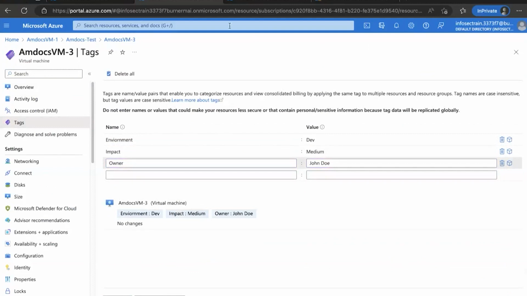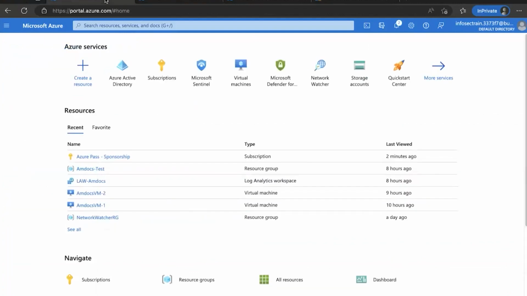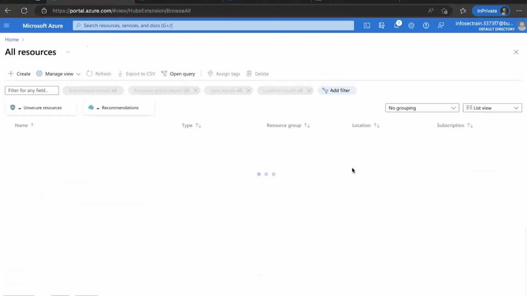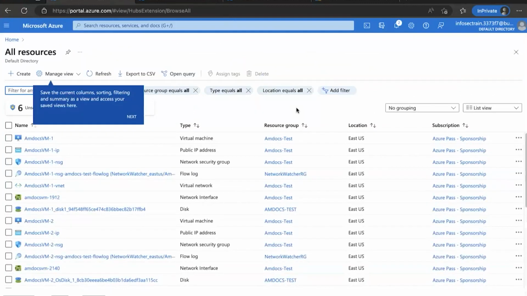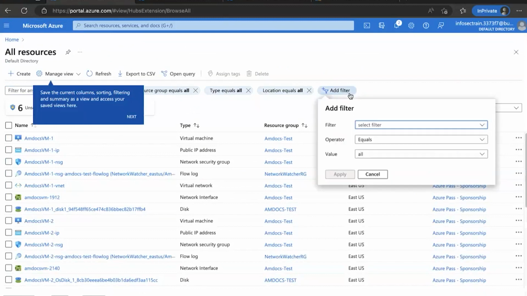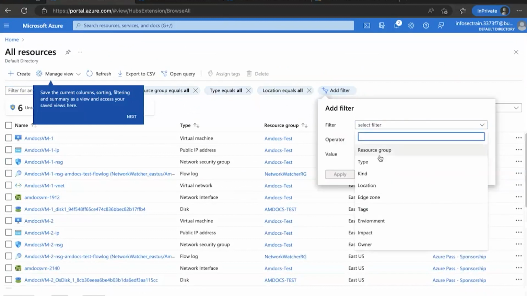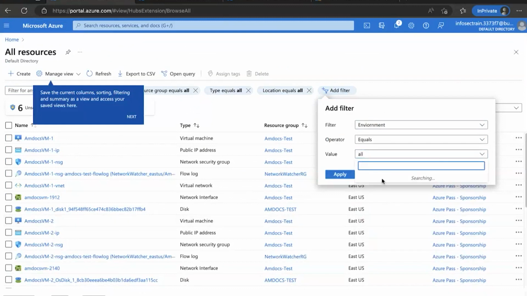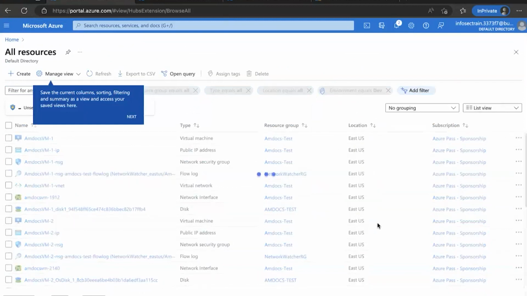Like you go onto the part of the home, and you can just say that I was going through all resources, for example. So there was this heap of the resources. Now I can add filters over there. I can go to there and I can use the tags. Like I want all the environment which is equals to development only and apply this.